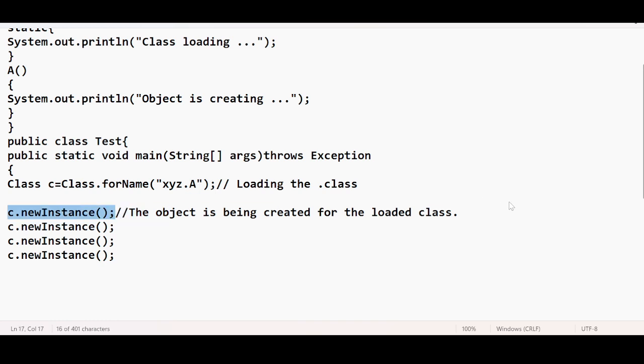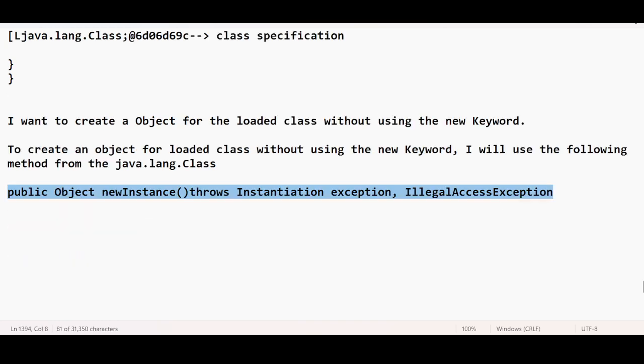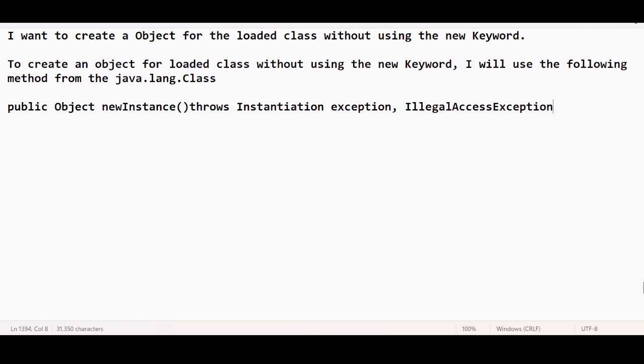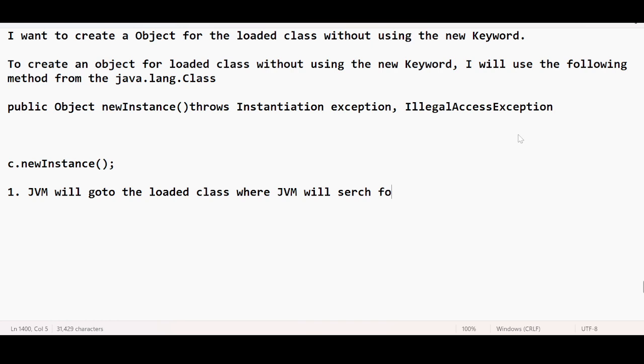Okay. So now let us go back to discussing some theory. The moment you give this c.newInstance method, firstly, JVM will go to the loaded class where JVM will search for a zero argument constructor